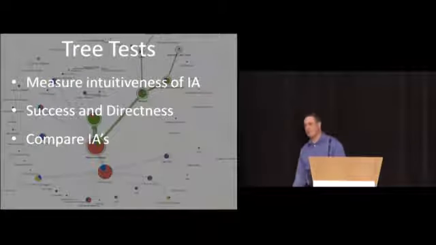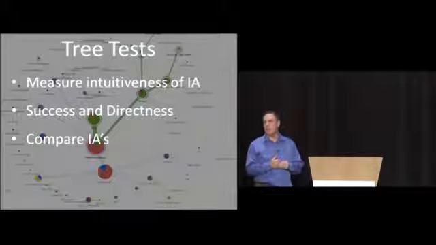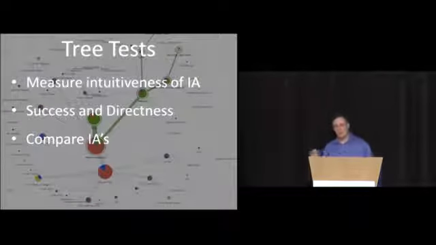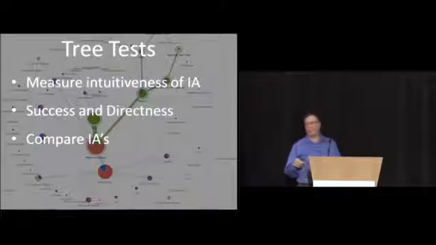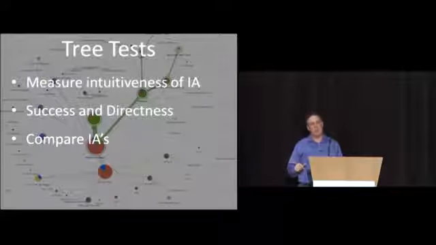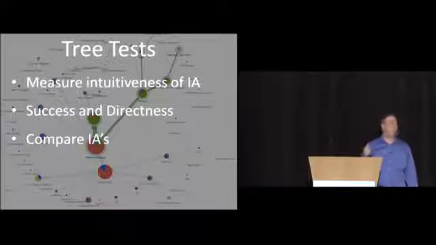I'm a big fan of tree testing. Tree testing, for those of you that don't know, is a wonderful tool to measure the intuitiveness of an information architecture. It's very similar to, if any of you have done any kind of closed card sorting. And it's really important that before design starts, that you get a solid foundation, that you nail down the IA, because without the IA, everything else will be a problem. It's quick, it's cheap, and it's very, very effective.